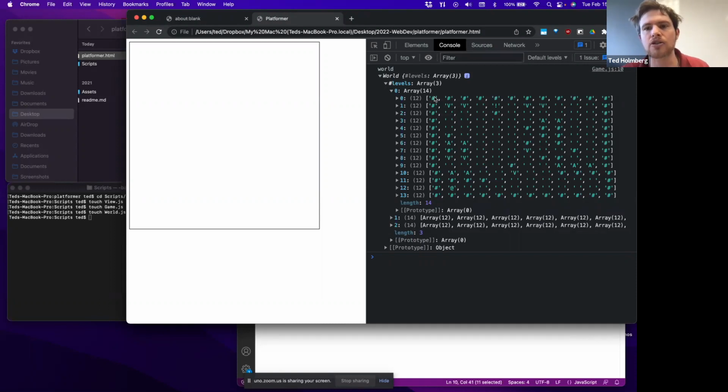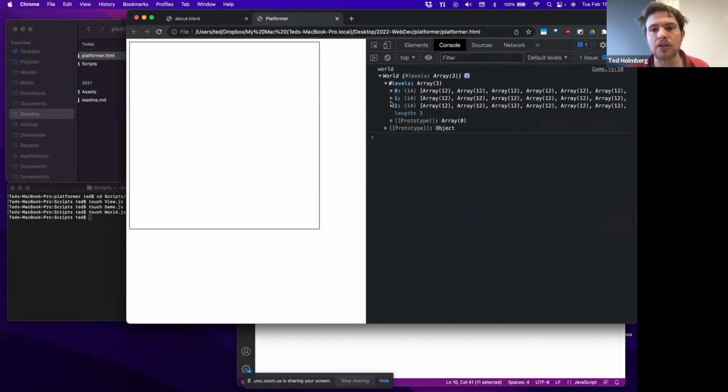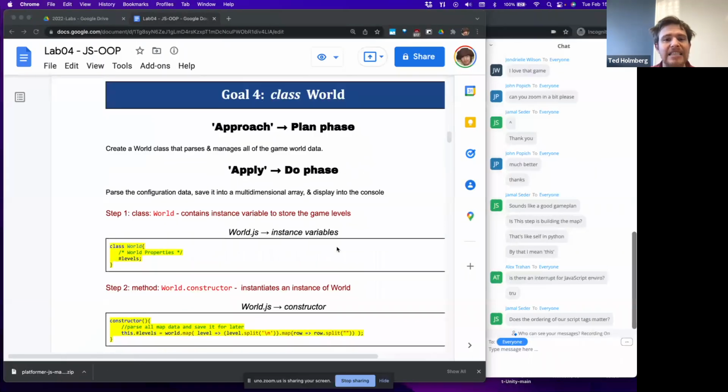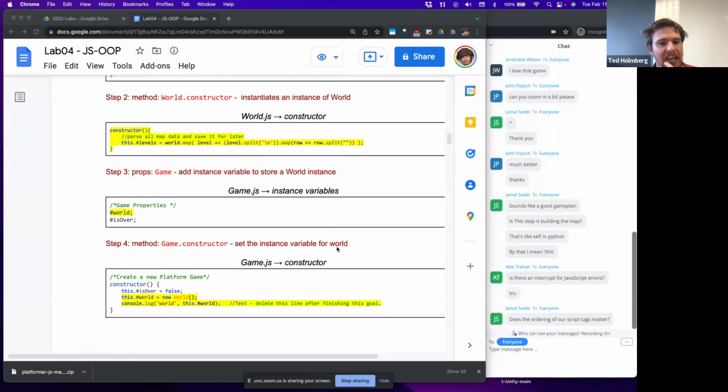block tile in response to that coordinate, whereas this would be an empty tile. This would effectively be a hazard tile. This would be a hazard tile. This would be where my game character starts at. This would be where the exit is at. So now I'm starting to be able to start parsing my game data in a way that I can start processing it into my model data and starting to build a game around it. And so at this point, I think I'm where I need to be with getting my game